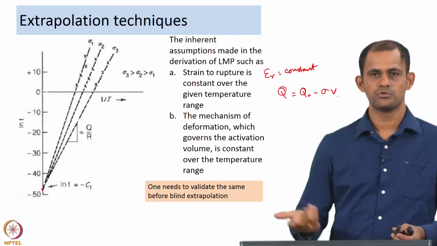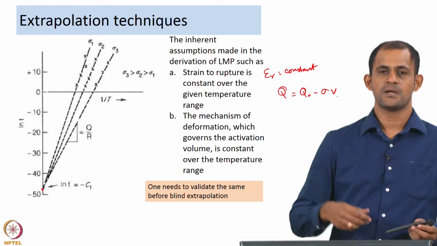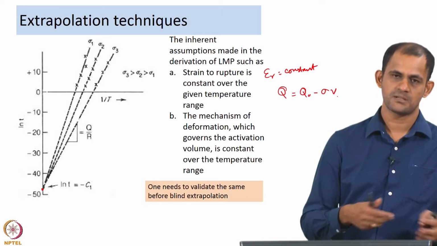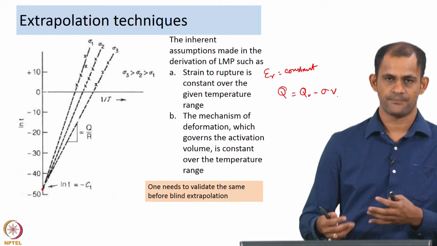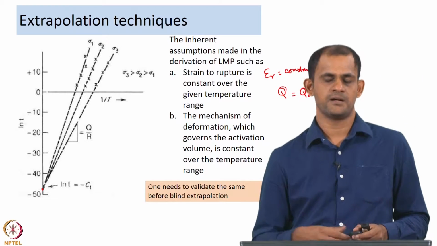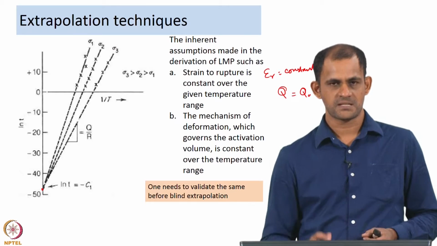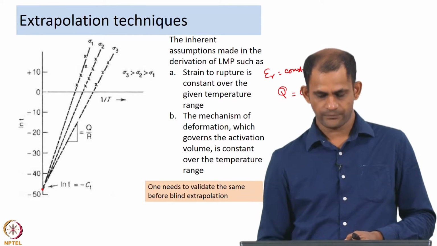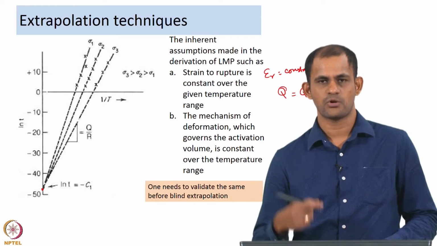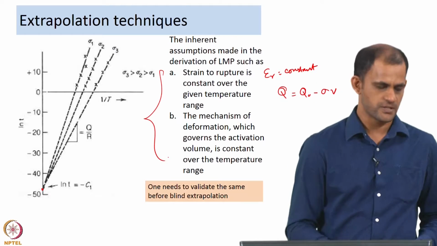Well, the strain to rupture could change, because when you are extrapolating data to say a different temperature, the mechanism of oxidation as an example could change. So, that means your loss of cross section is going to be changed, the material could become more brittle, and if it becomes more brittle, then the strain to rupture will also come down. So, these are some things that could happen. So, before you do a blind extrapolation of your short term data to long term performance, you have to be careful that these things have not changed.